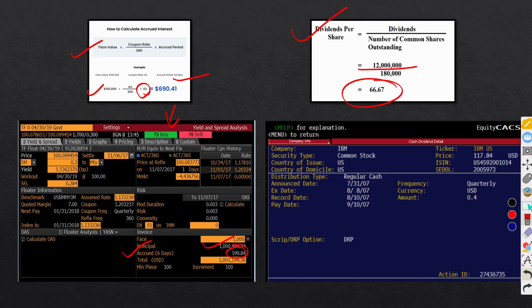But in this case, the amount will not match because this calculation uses a different formula, and the security is different. So the same applies for dividends also. This was just the general rule that we have discussed. But again, Bloomberg carries that